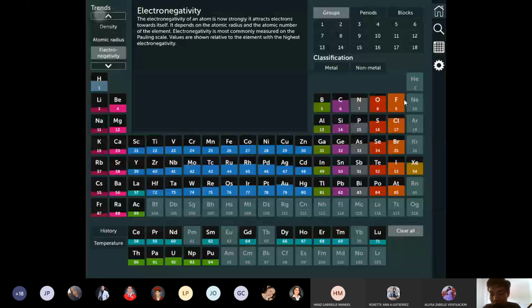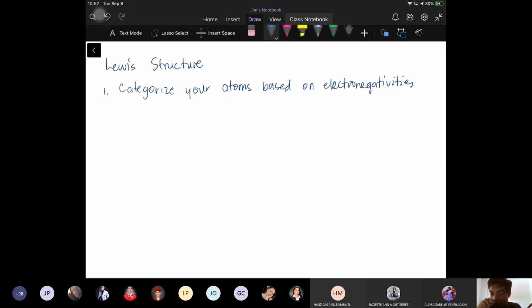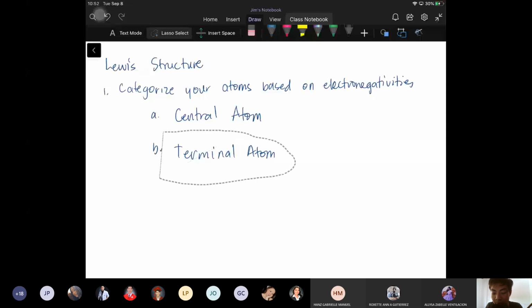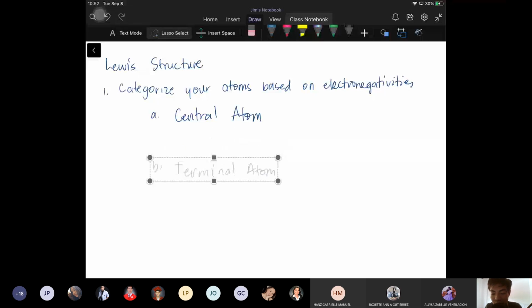As long as you know the trend, you can start categorizing your atoms based on electronegativities. We have two types of atoms for a Lewis structure. We have a central atom and we have a terminal atom. Okay, so what is the central atom? The central atom is the atom in which your terminal atoms will attach into. Sila yung kakabitan ng terminal atoms. And ano yung criteria for a central atom? Central atom is usually the least electronegative